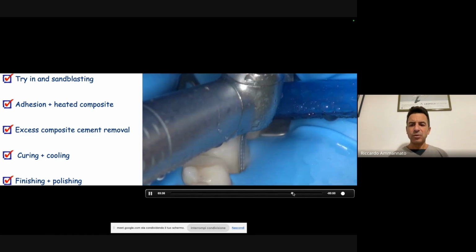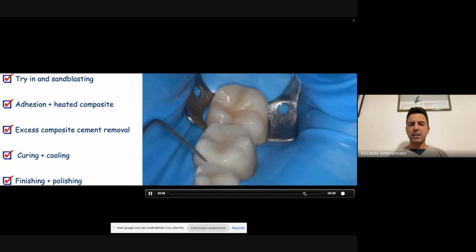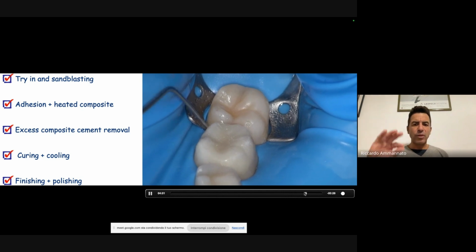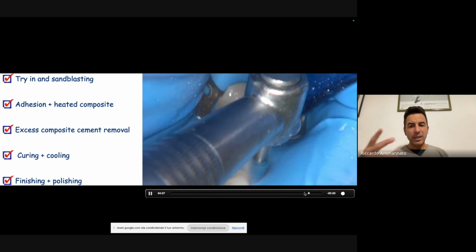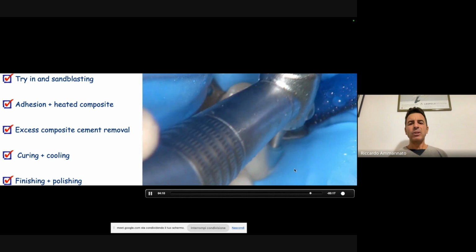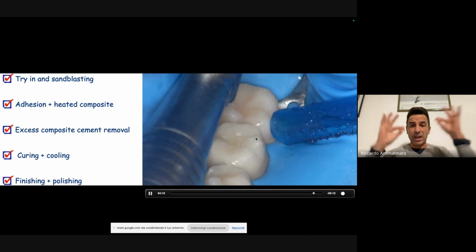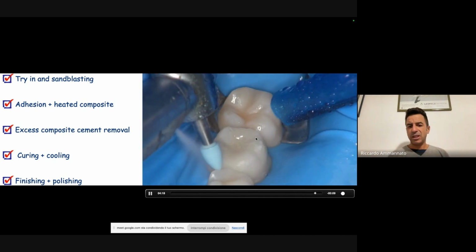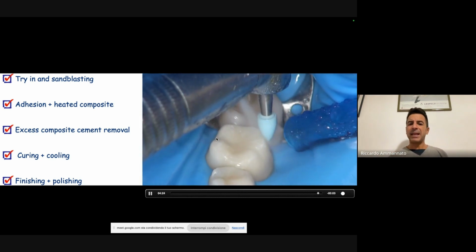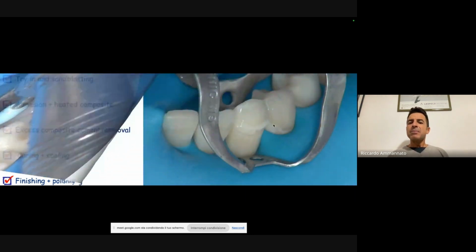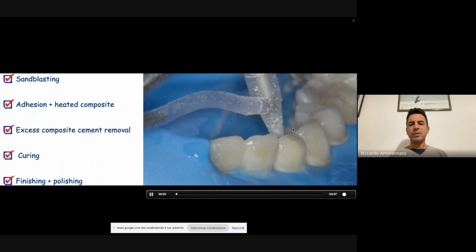Okay, and then I do a pre-polishing, I check if everything is smooth, no gaps, no overlaps or excess material. And then I use a pre-polishing point for the finishing area. I will obviously have to check occlusion later, so I'm not going to touch the occlusal side. And this is the polisher, but just on the buccal and lingual side. Same stuff, cementation of another video, but I'm just going to cut it so we can finish without any problems.